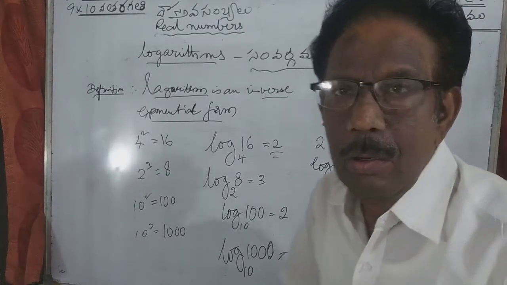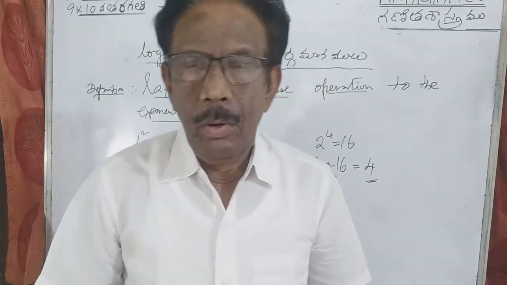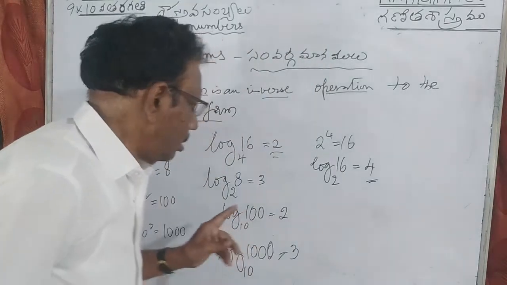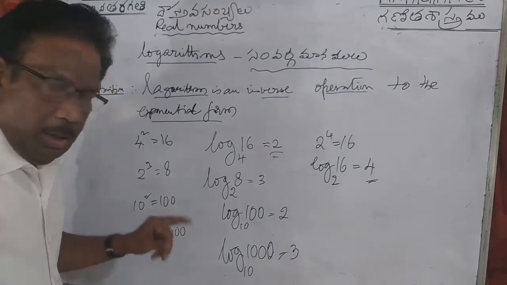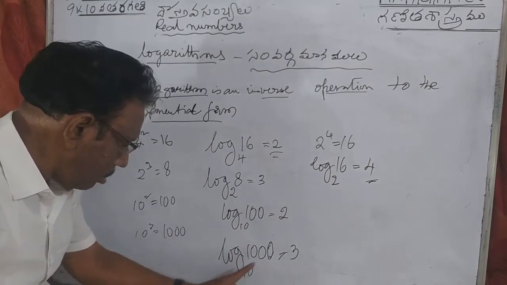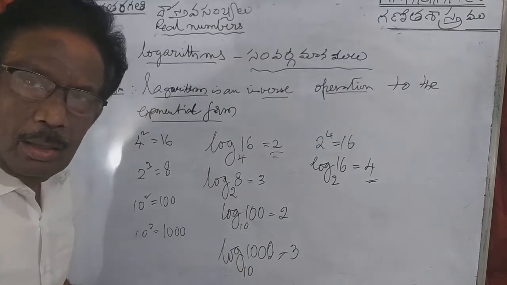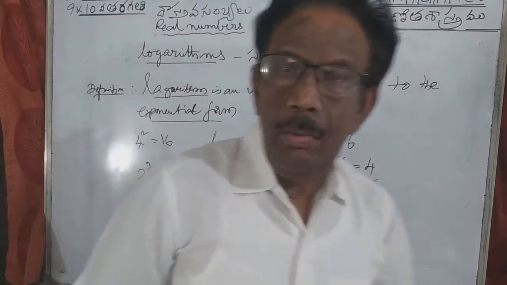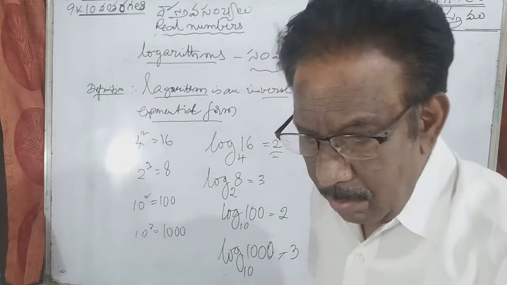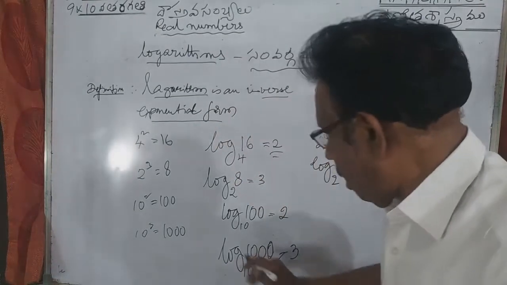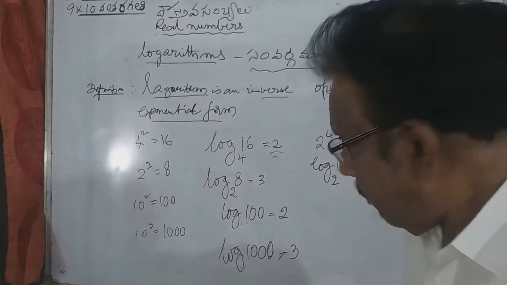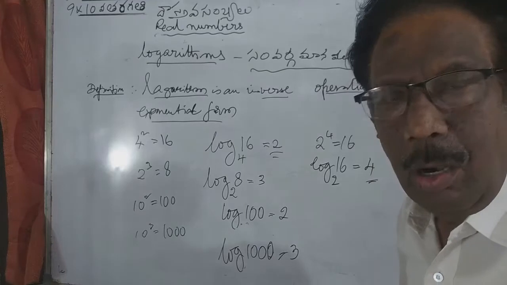Now I wrote very simple things. I wrote the given exponential form in the logarithmic way. So this is the first thing we learned. And the main thing we notice here: log 100 to base 10 is 2, log 1000 to base 10 is 3. So for any number, if the logarithm is to base 10, it is called a common logarithm. Sometimes they don't write the base. If they don't write anything, it means its base is 10 only. You have to understand like that.